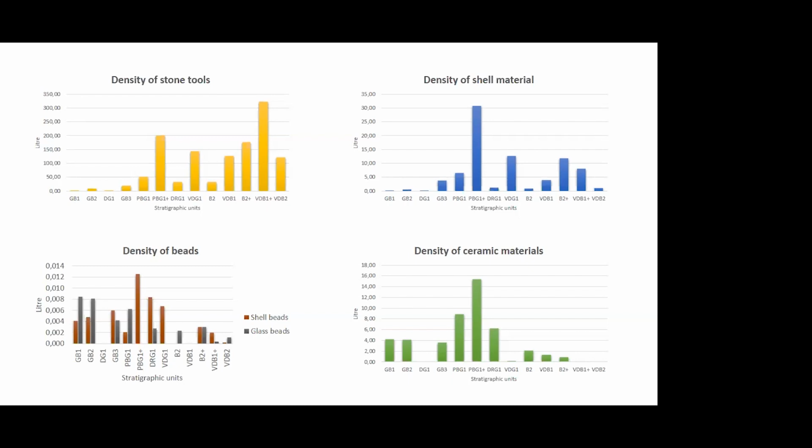Some have argued that foragers may have provided farmers with certain services, such as the working of skins and ivory. In turn, foragers may have received compensation in the form of glass beads, ceramics, and metal objects. The idea of surplus goods among Little Muck's forager community and possible compensation implies that these foragers were actively involved within farmer economies. And after 1000 AD, so that's stratigraphic units GB1 to GB3,